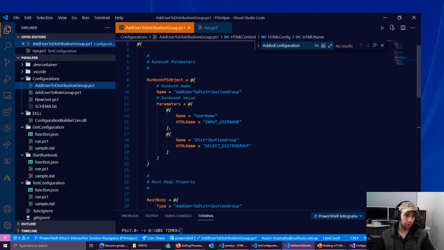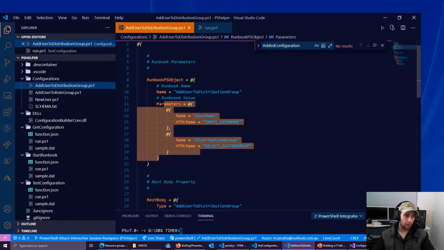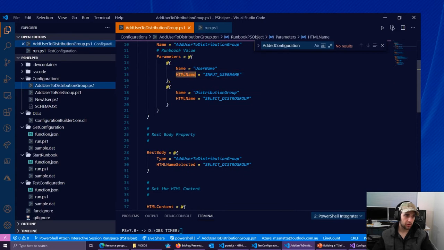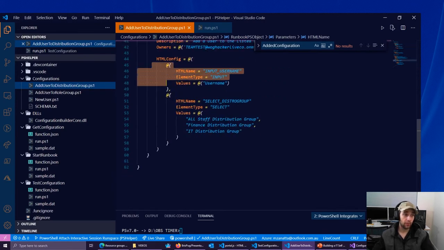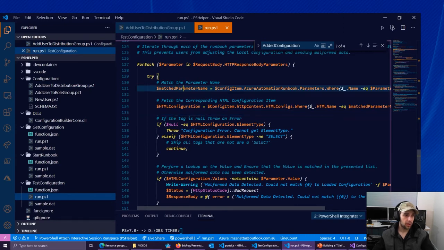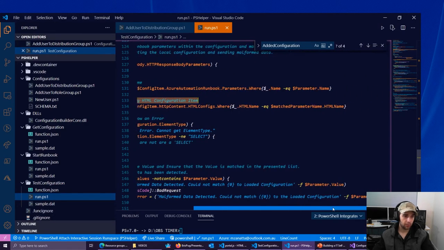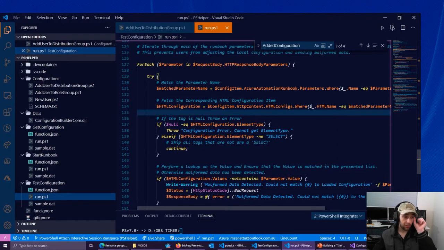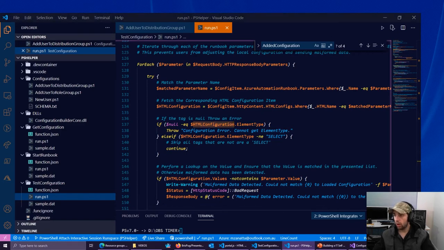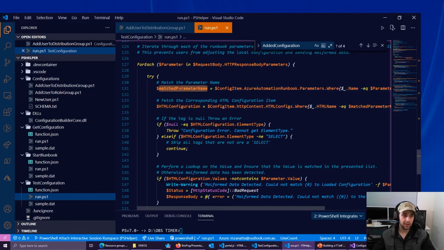So what we're doing is essentially going, okay, these are our parameters, and these are the parameters within the configuration. So we have that data now. We can then match that HTML name to the HTML configuration item. So you can see here we match the parameter name, and then we're going to get that configuration item. Again, it's just a bit of a where object that can do that. It's pretty straightforward. And then what we have is, if tag is null, then throw an error. So if there's an issue with the configuration not meeting, if anything is null there, basically that means that nothing exists